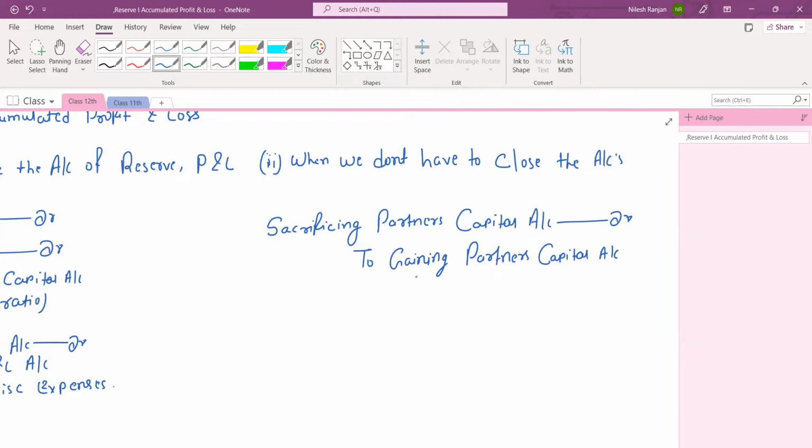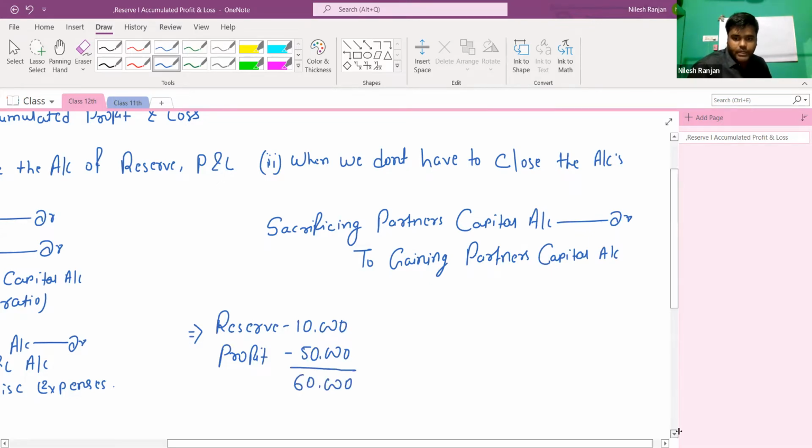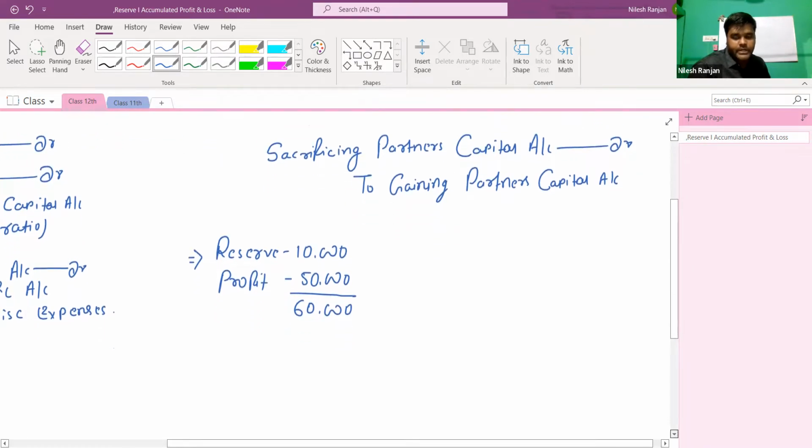Yes, sir. Now we have to understand this also. Let's say, as in the previous example we did, the reserve is 10,000 and profit is 50,000, but we don't have to close the account, so we cannot transfer this balance to the capital account. Now what we have to do is total this amount, and we will find the sacrificing ratio